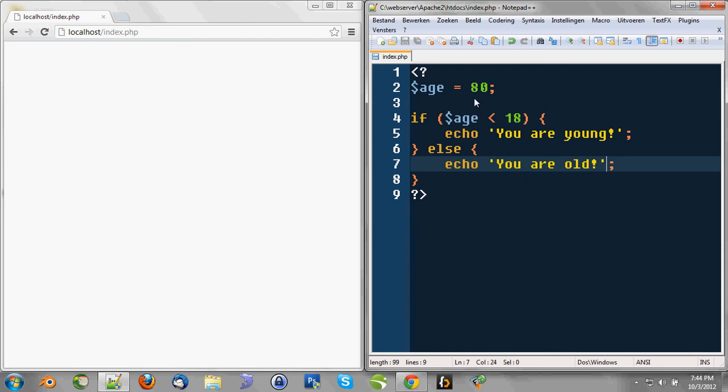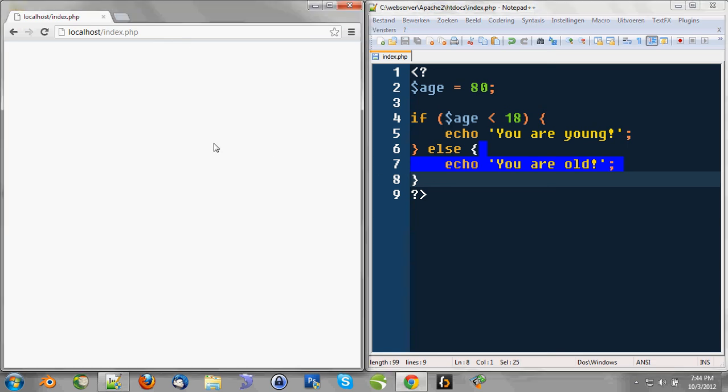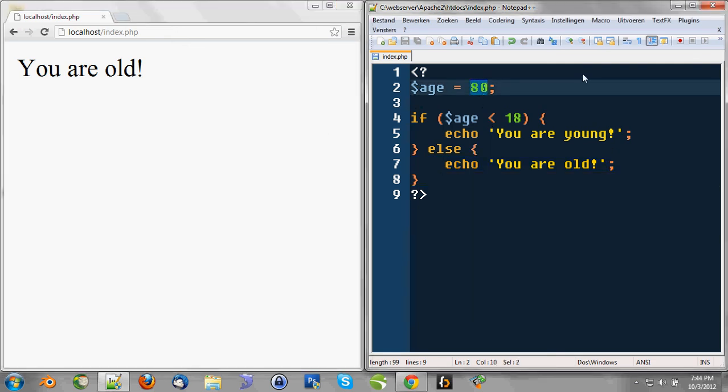In this case, age is 80. Is age smaller than 18? No, it's not, because 80 is greater than 18. So PHP will run the code in the else statement. So now we're going to see you are old. You are old. And whenever we change the value of age to like 4,